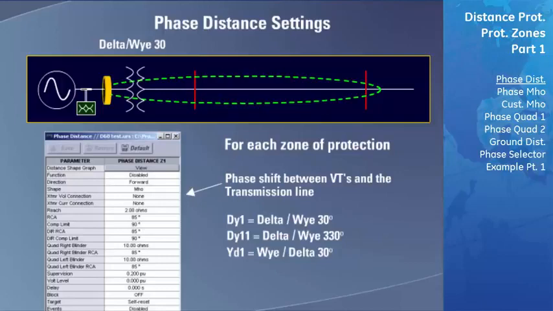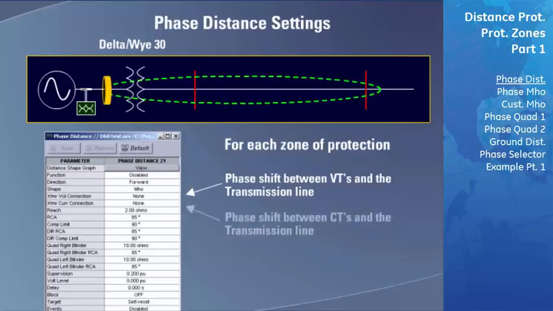The CT connections are also located on the source side of the transformer. Therefore, we will need to enter this phase shift. In the transformer current connection field, we will again select DY1 to represent the delta Y phase shift of 30 degrees. If the configuration of our power system changes and the VT is now located on the line side of